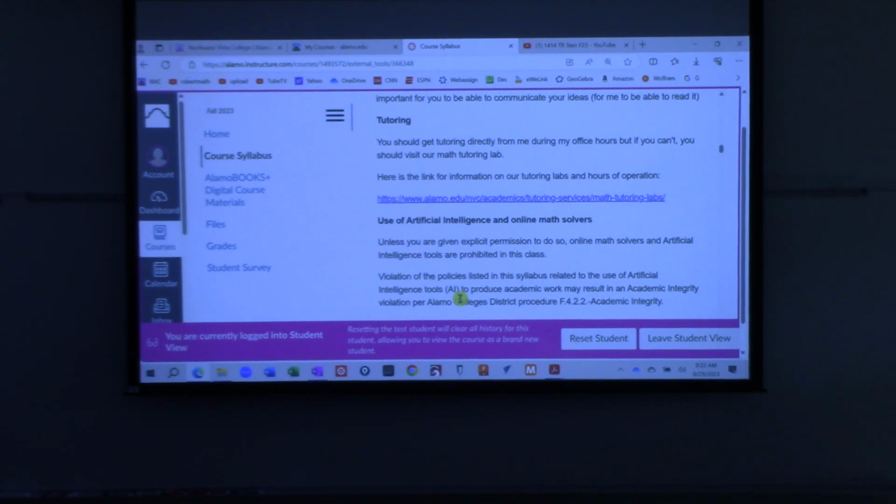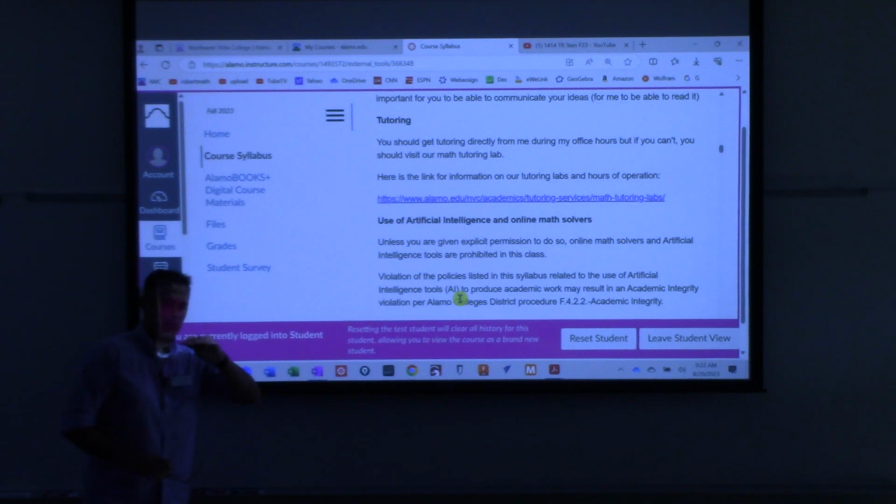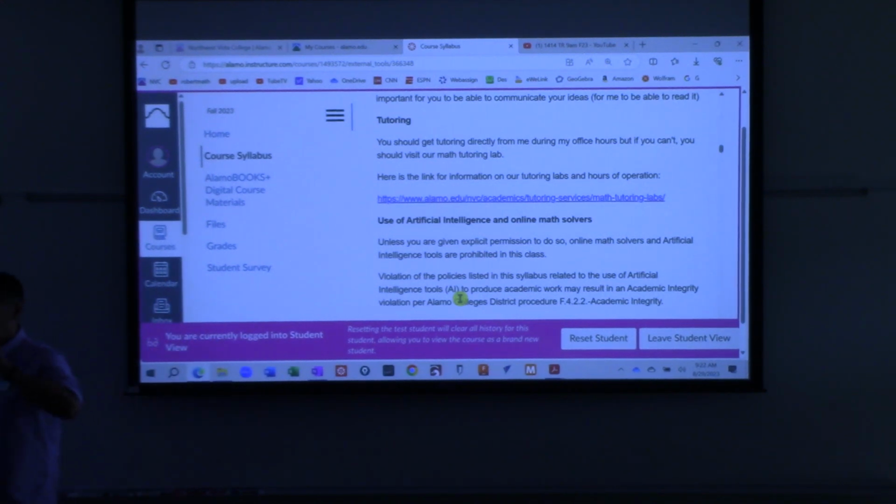So please be aware that there's free tutoring available to you. There are actually 2 tutoring labs that we have. One of them is just like a walk-in lab. You sit down, you raise your hand, they come around, look over your shoulder and say, hey, let me help you. There's another tutoring lab that's like, okay, wait a minute, you don't remember how to add fractions, right? Not remembering how to add fractions is not a college level idea. Adding fractions is lower than college level.